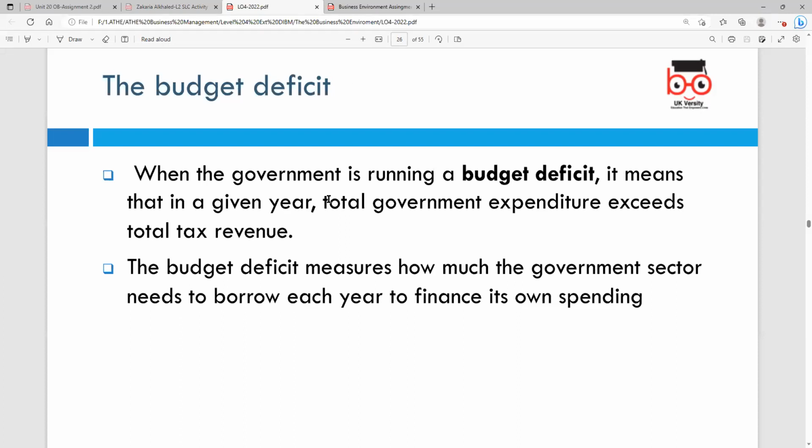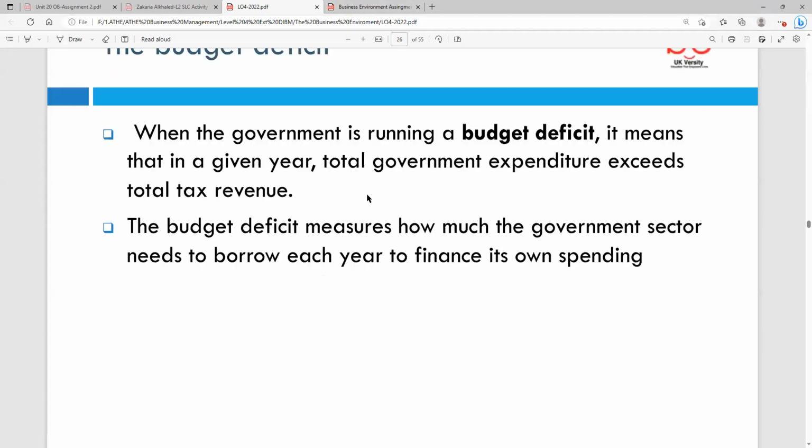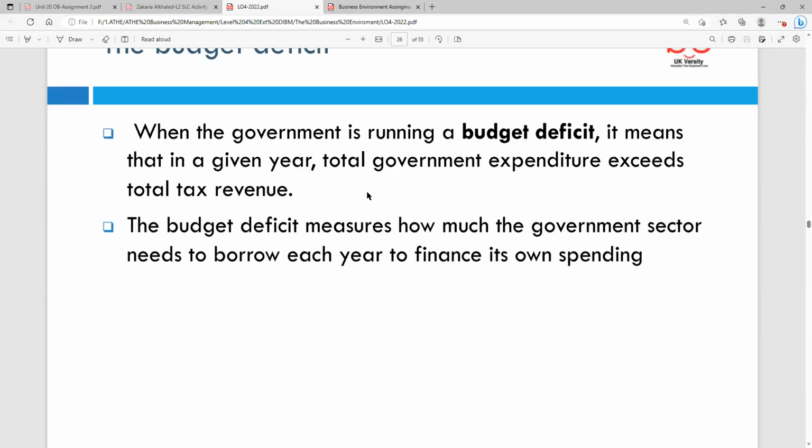So this is why, in order to balance these books, the government creates all these figures. They create this budget for the year to make sure its spending is not overspent. Otherwise, if it spends more than it's collected, then it needs to borrow money from the banks. It goes to the International Monetary Fund, for example, when nobody else funds. This is how we go into more problems, more economic problems, because the budget is